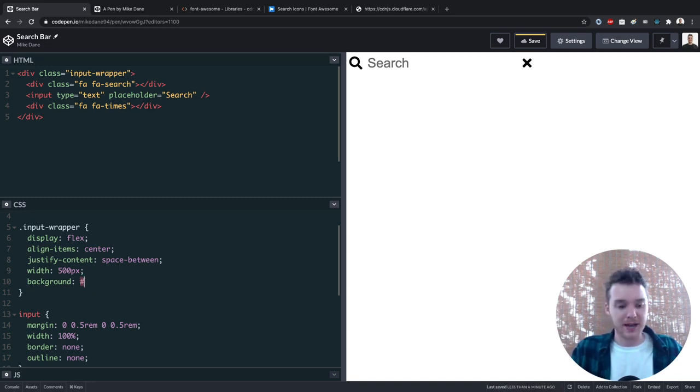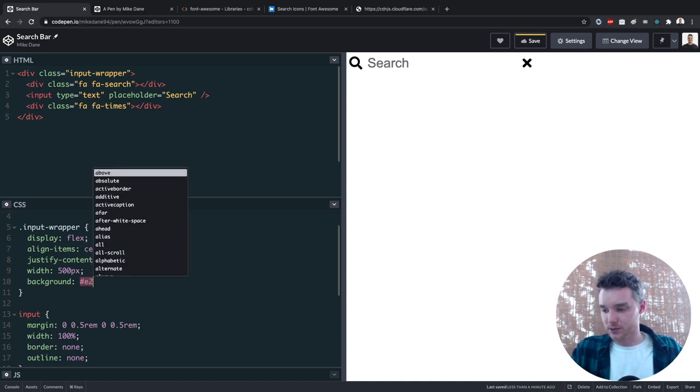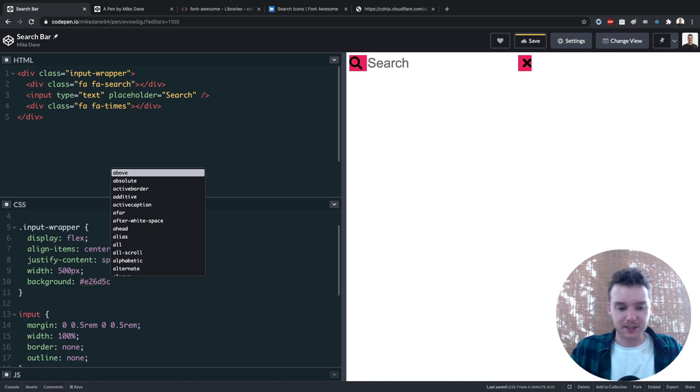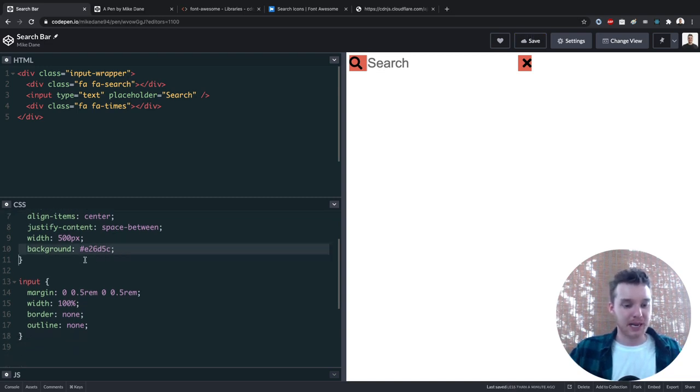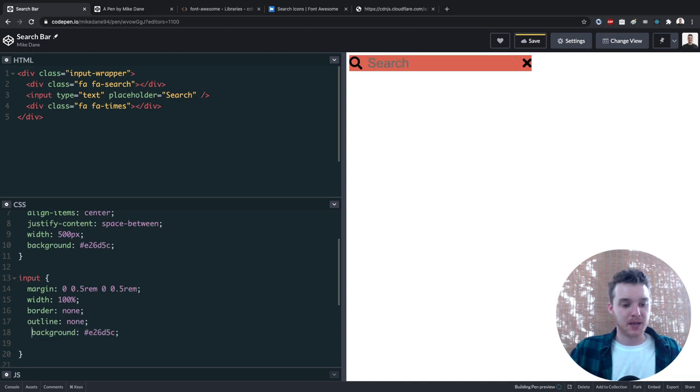So the color that I have, it's a hex color. So it's E26D5C. It's like this random hex color, but this is that orange color that you'll see. Now you'll notice that when I add the background color onto this, it only colors in where these icons are. So where the search is right here, it doesn't color that in. And that's because the search is going to have a white background explicitly defined on it by default. So what we want to do is grab this same background and put it down here on the input. And so now all of these things have that orange background,